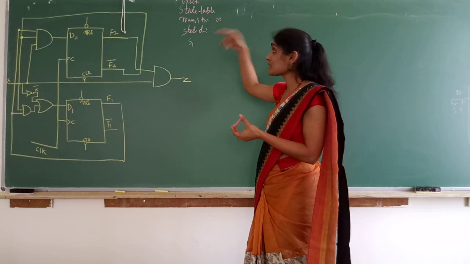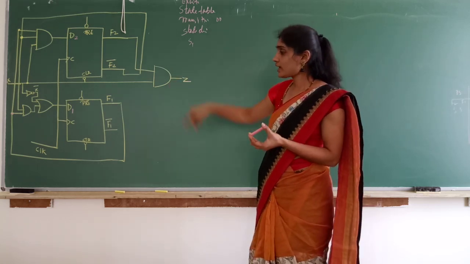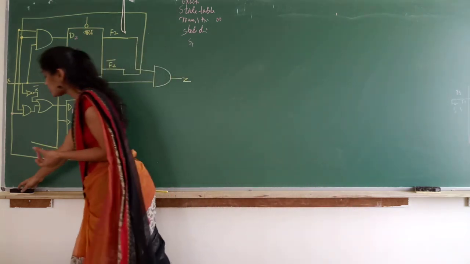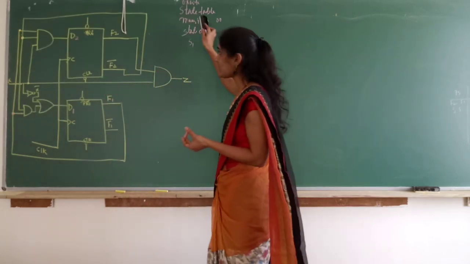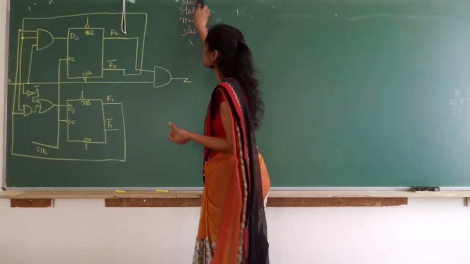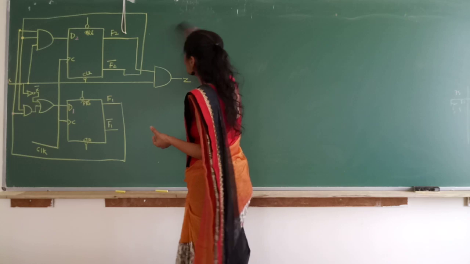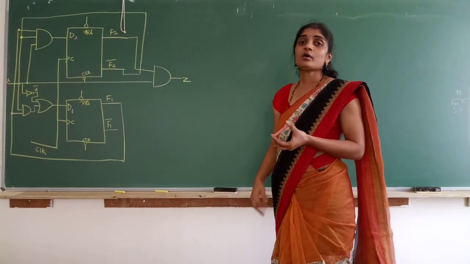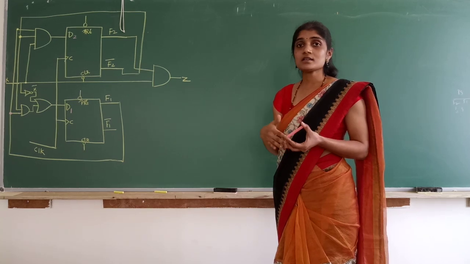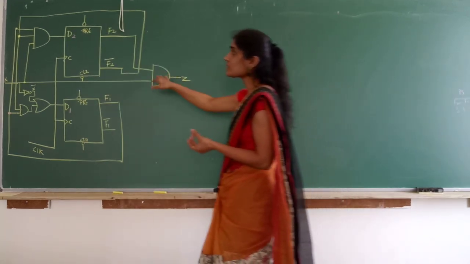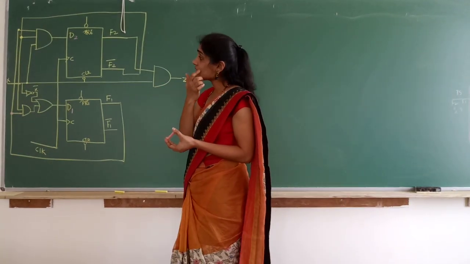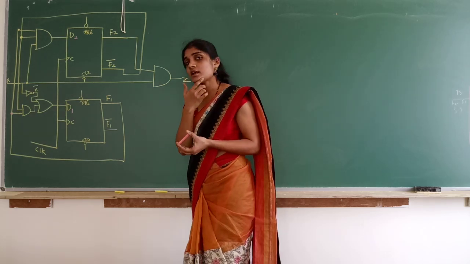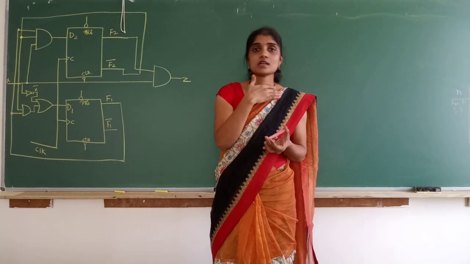So we will write all these tables for this example. I have written a circuit here. For this circuit, we have to write the excitation table, state table, transition table, and then the state diagram. Last class we discussed, when a state diagram is given to you, how we can analyze it and write the circuit. But here the circuit is given to us, and we have already analyzed circuits and written the state diagram.